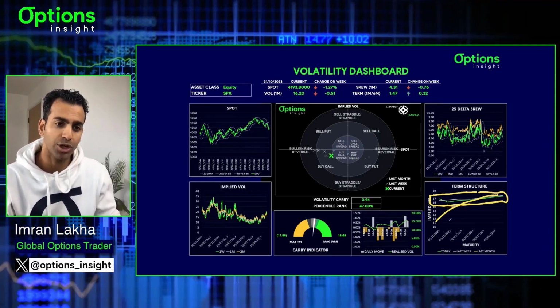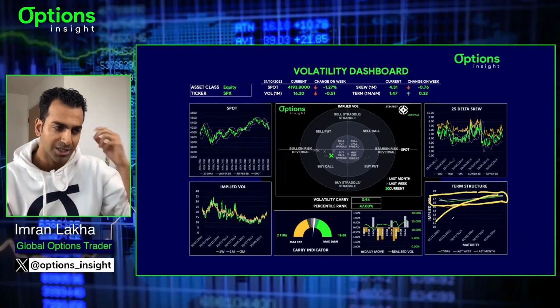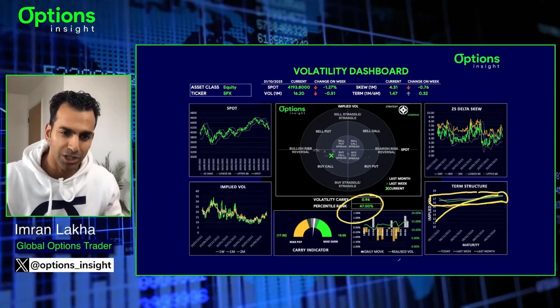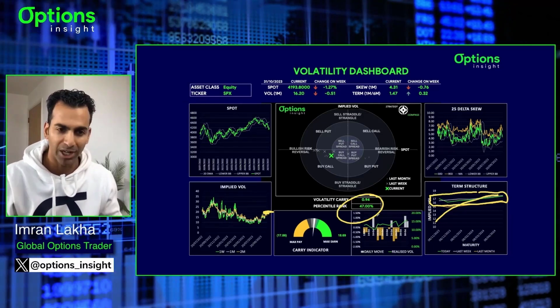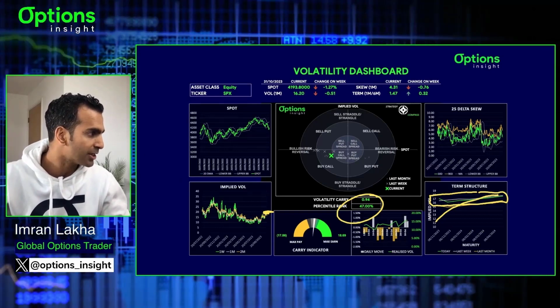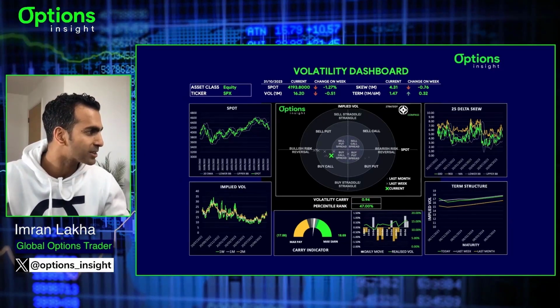The way you take advantage of that flat term structure is you sell shorter-dated options and buy slightly longer-dated options. So that's the trade we're looking at. The carry's still positive as well, which means you don't want to be buying loads of outright options. You don't want to be piling into vega when vega's near the top of its recent range and when it's not carrying itself, i.e. the spot's just not moving enough. These are things that push us towards what we call a call calendar spread. The call calendar that we like